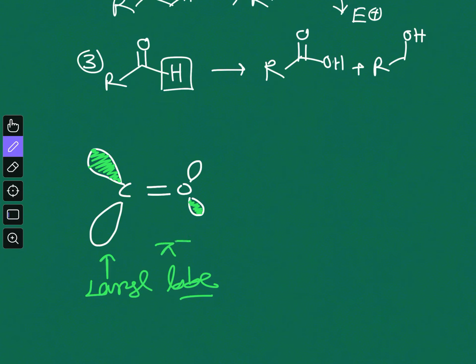So this is the pi star orbital, the empty pi star orbital, and this is the LUMO of the carbonyl functionality in case of any carbonyl functionality, and your nucleophile HOMO will react with this LUMO to give you all the addition reactions and the subsequent substitution or any other reactions. So this is the main molecular orbital which we will revisit again and again when we discuss the reactions of carbonyl functionality.